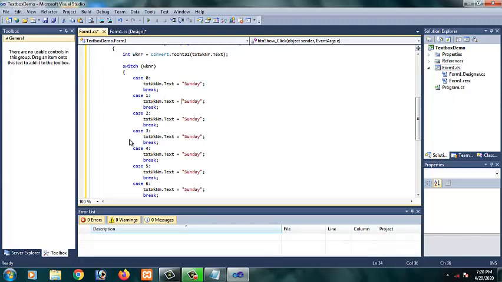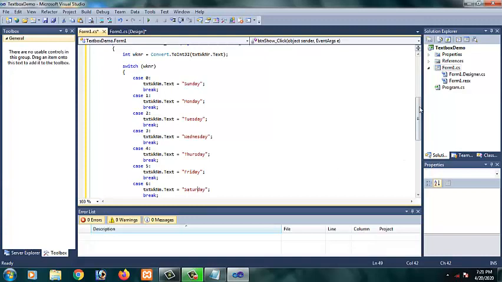Next to Sunday is Monday, then Tuesday, Wednesday, Thursday, Friday, and last Saturday.